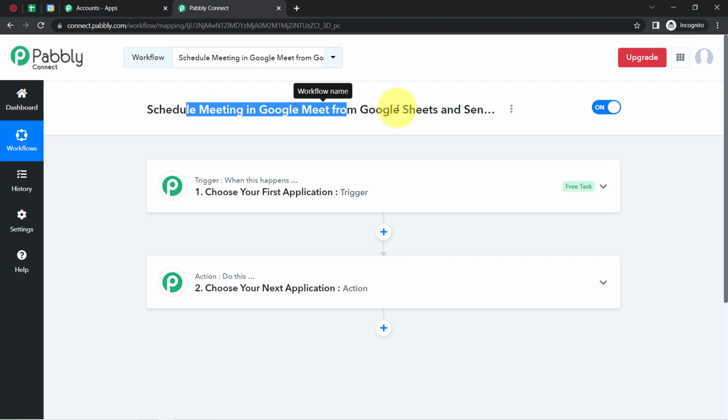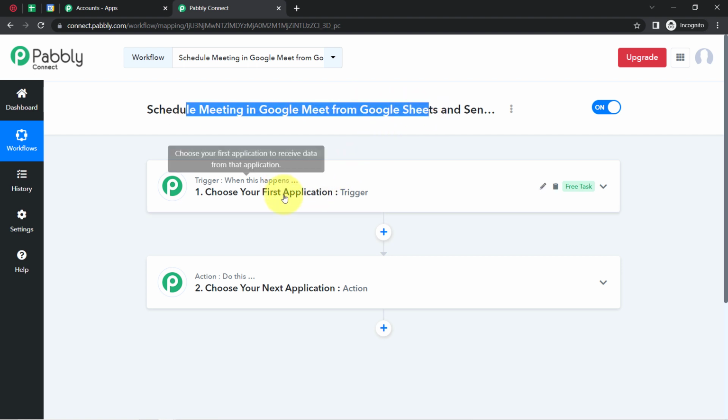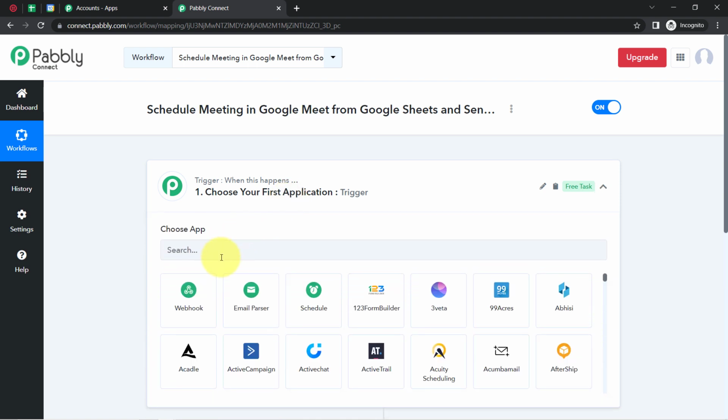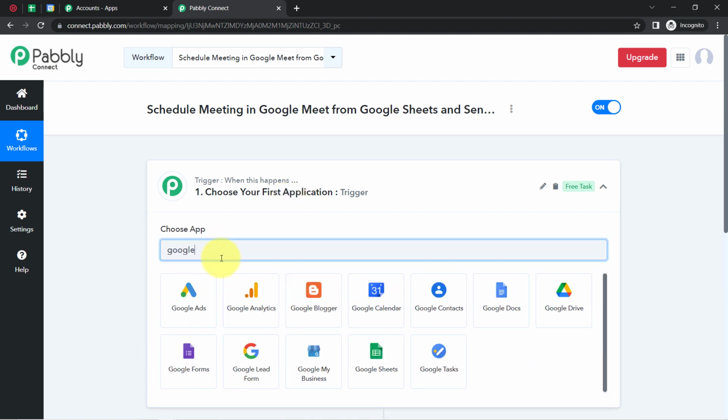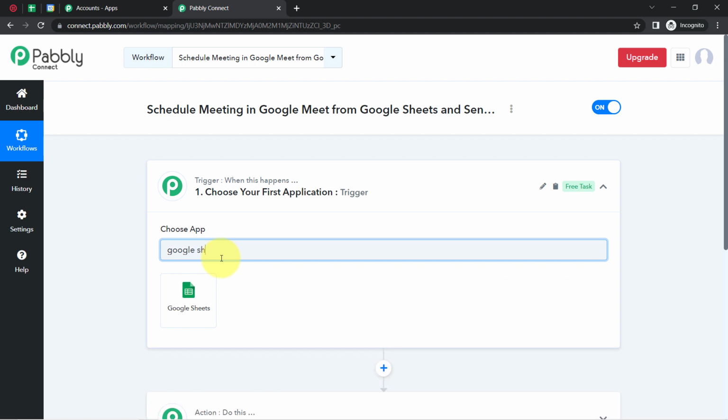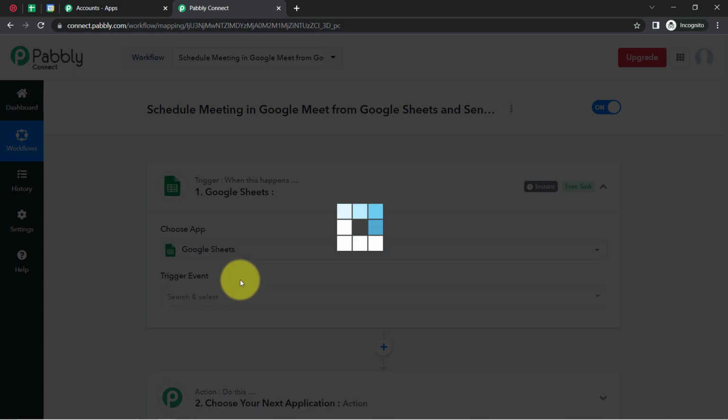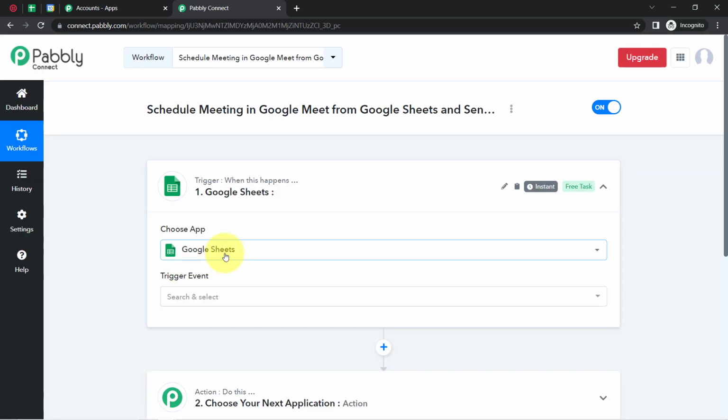Well, according to our use case, whenever the meeting details are added into the Google Sheets application, automatically schedule a meeting into the Google Meet application, or let's say into Google Calendar application, and send the same meeting link via Twilio application. Okay, so this is how you need to always select the applications in which you are building an automation. And here I am building an automation in between Google Sheets and Google Calendar and Google Meet and Twilio. So that is why the first application I'm going to select here is Google Sheets, and I